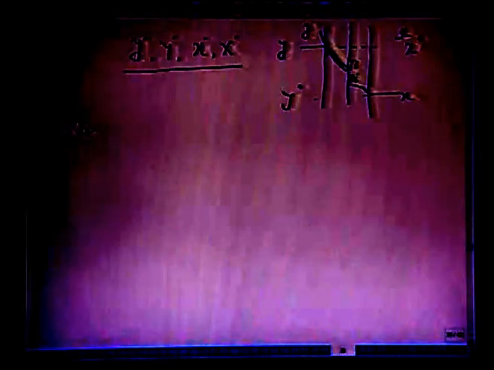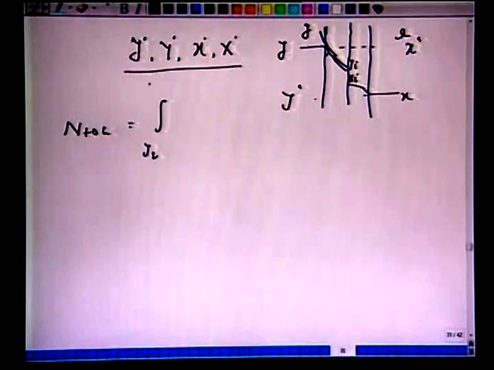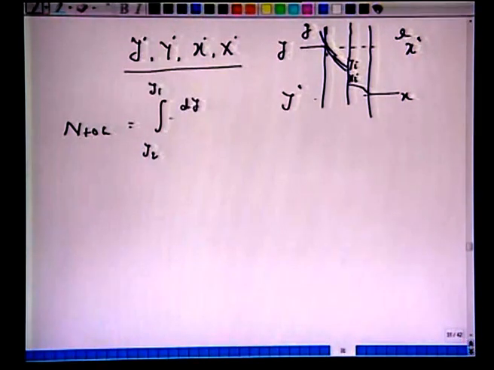So, there is some bulk phase, then drops here, then in the liquid phase it drops, then we have this bulk phase here for the liquid, and we have this gas phase. So, we have y, we have x, yi and xi. For a given y, if you recall, we can have x star, and for a given x we can have y star. That means this one can also be obtained as NTOG, number of transfer units, equal to the integral from y2 to y1 of dy over y minus y star.